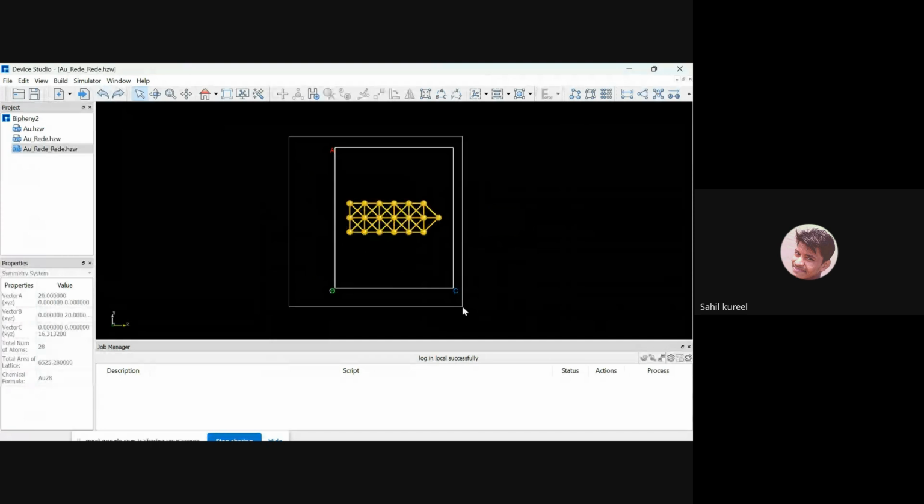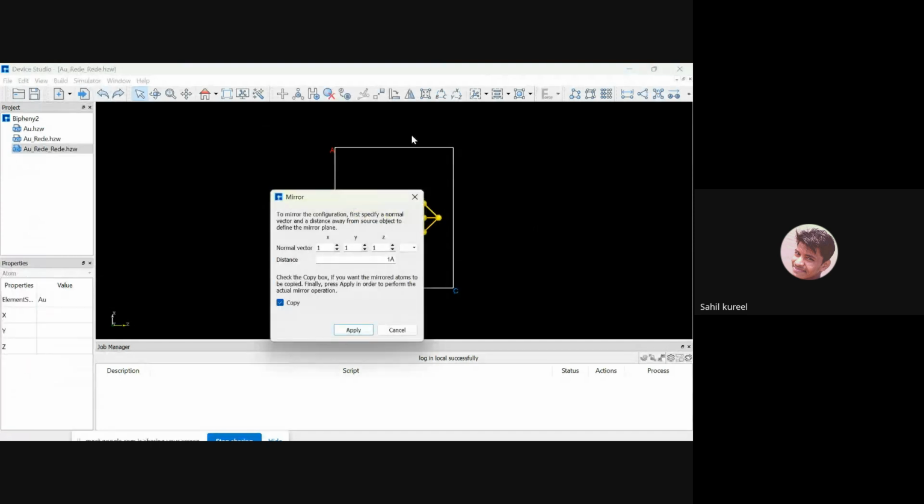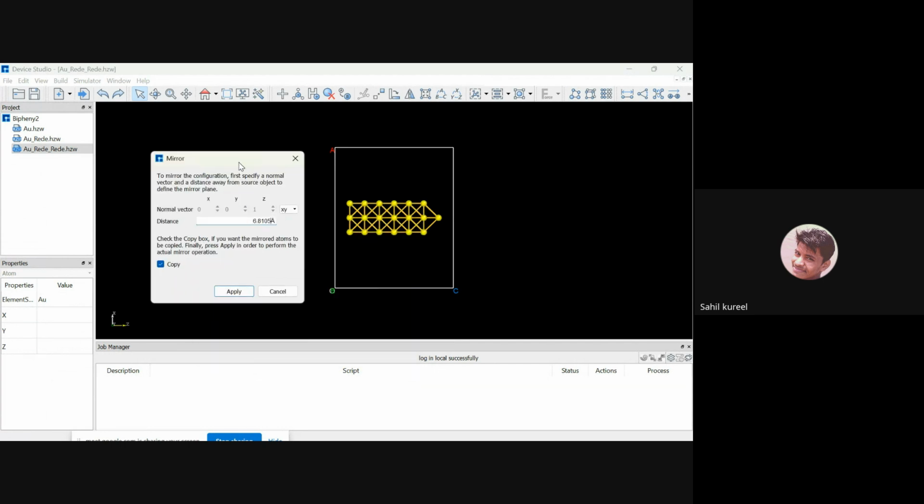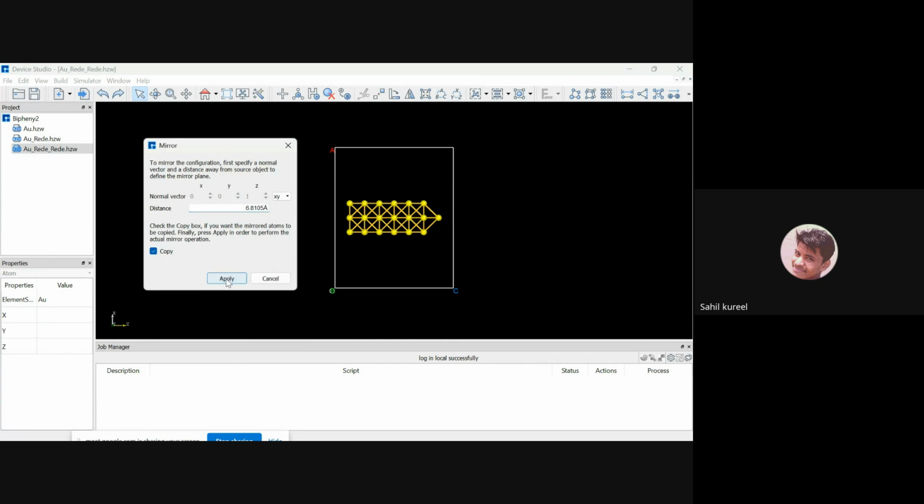Please select that tabs. Move toward the mirror atoms. That y planes vector we have already selected in here, xy. You can give in here the distance. Which distance you have selected, the same structure, consider the same distance. Please give that value. Yeah, if you are selecting 6, it's okay, not to worry about this. And you can click in here the apply,